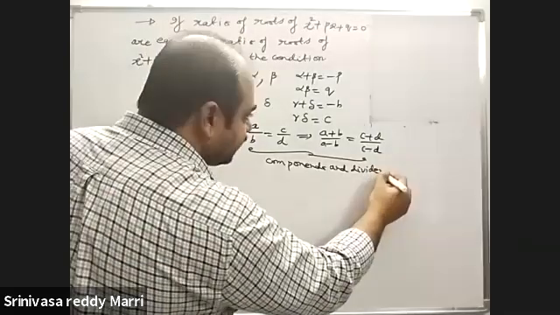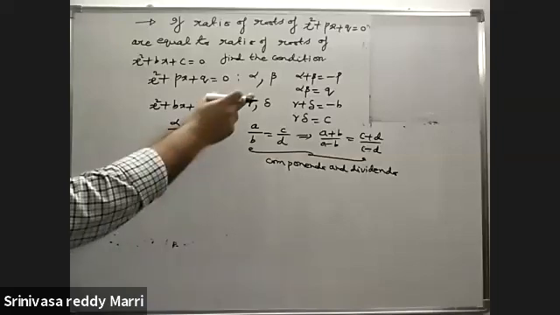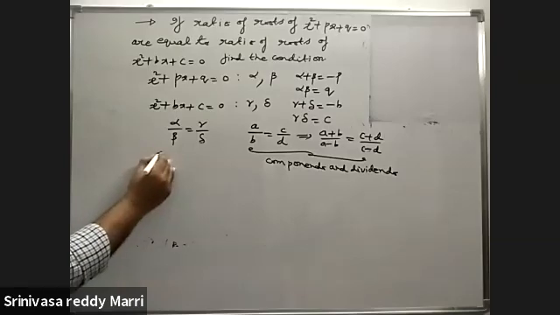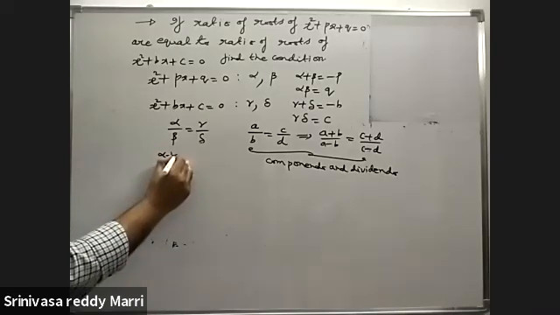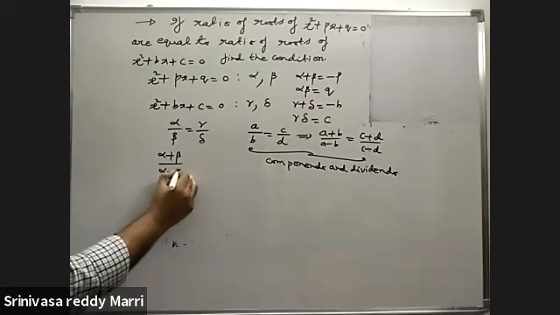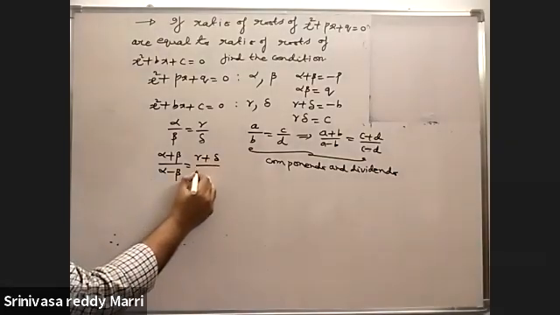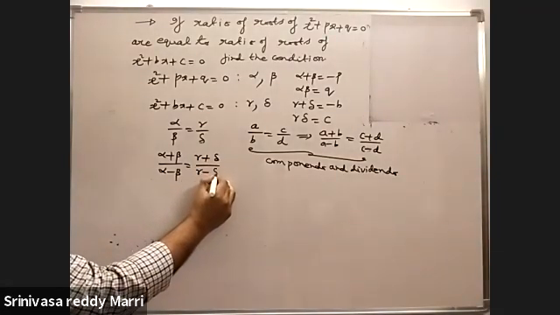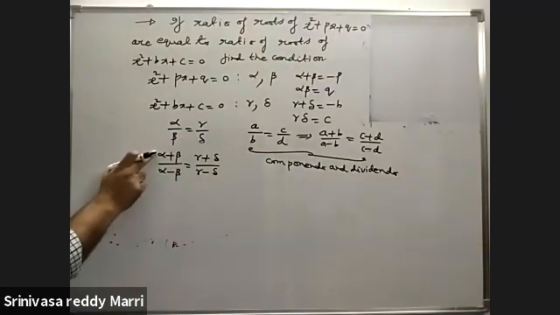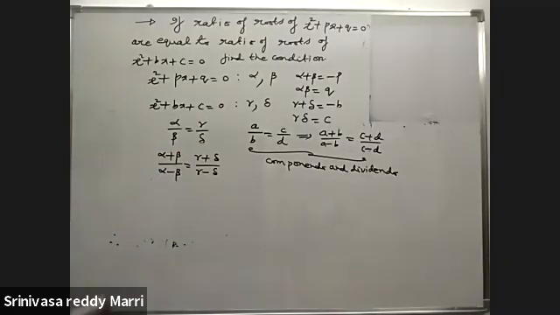Whenever the ratios are same, apply it, because you know the sum alpha plus beta, you know gamma plus delta. That means this is A by B equal to C by D. So alpha plus beta divided by alpha minus beta equal to gamma plus delta divided by gamma minus delta. So A by B equals C by D implies A plus B divided by A minus B equals C plus D divided by C minus D.